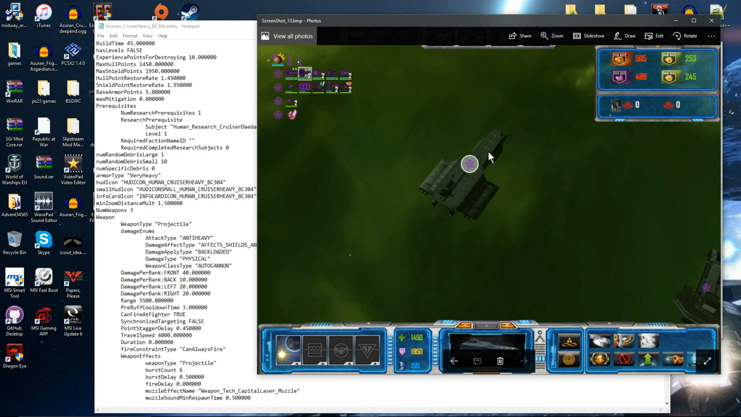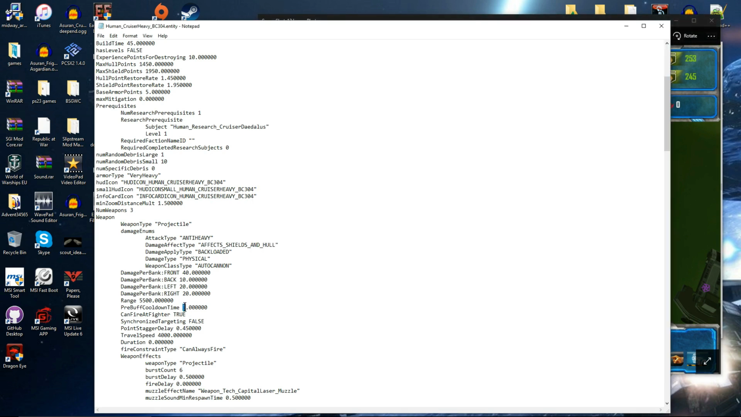So yes, okay, the front bank is doing 40 damage, so it does about 35 to 45 dependent on conditions and how many rounds actually hit, etc. And altogether the ship firing all its weapons does 90 damage. However, the info card will say it will do 10 damage, because Sins takes the pre-buff cooldown time, which is the delay between firing,